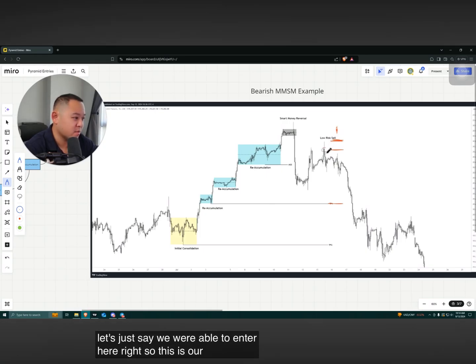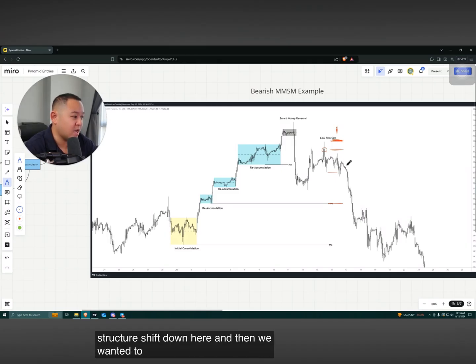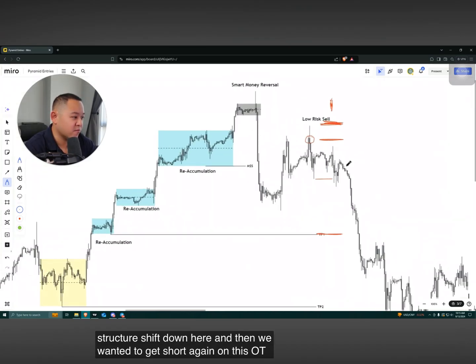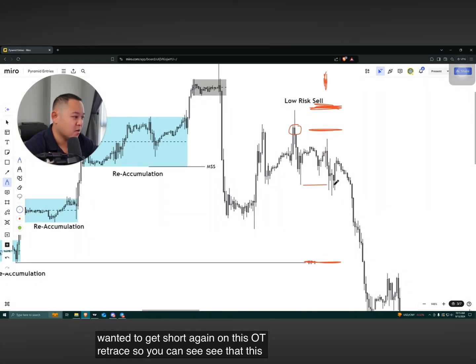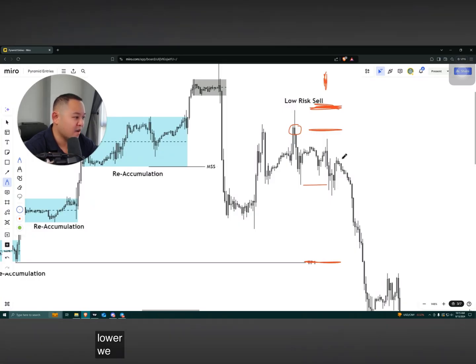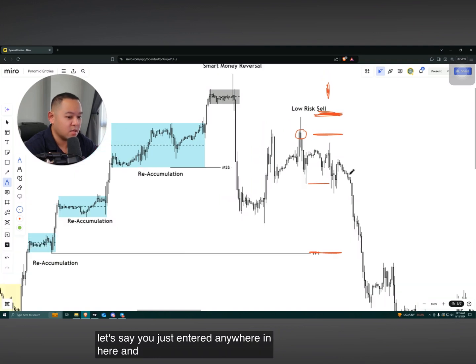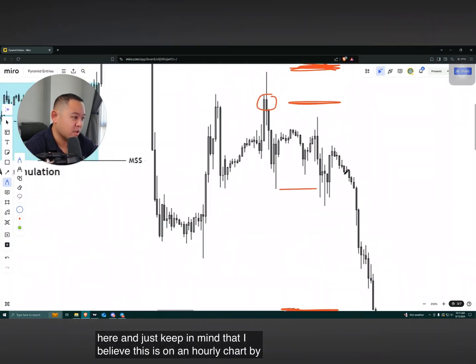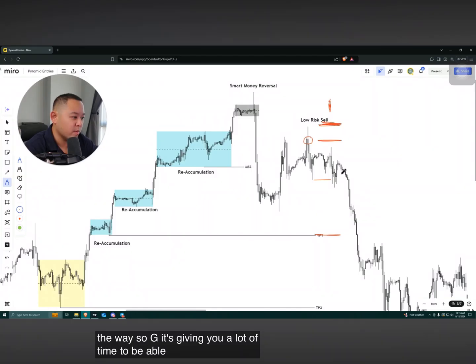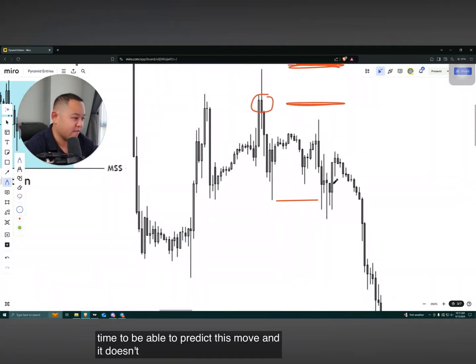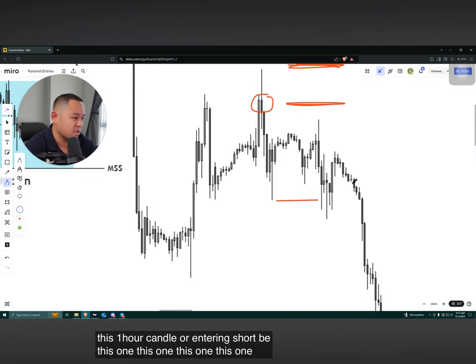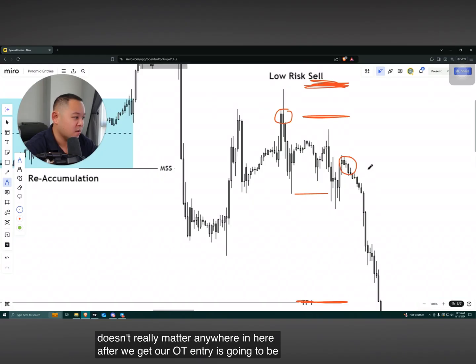Right, so this is our entry, and then we got another market structure shift down here, and then we wanted to get short again on this OTE retrace. So you can see that this run lower, we have another position entry here. So let's say you just entered anywhere in here, and just keep in mind that I believe this is on an hourly chart, by the way, so it's giving you a lot of time to be able to predict this move, and it doesn't necessarily have to be this 1 hour candle entering short. It could be this one, this one, this one, this one. It doesn't really matter. Anywhere in here, after we get our OTE entry, is going to be important,